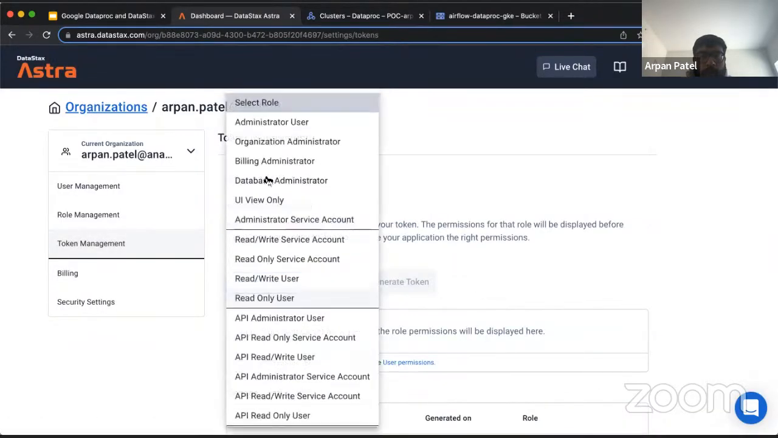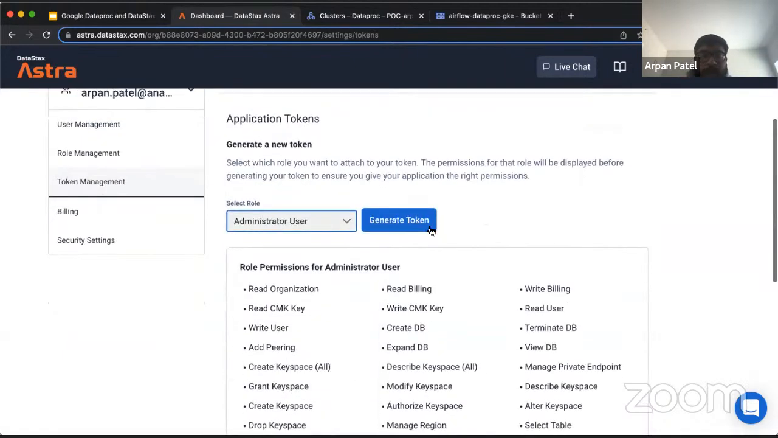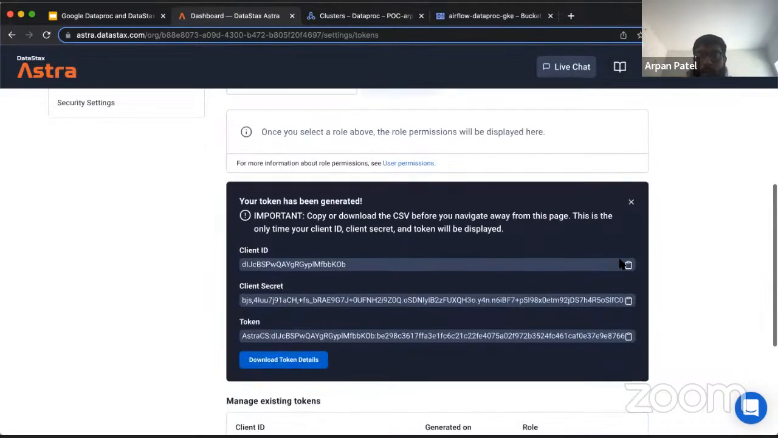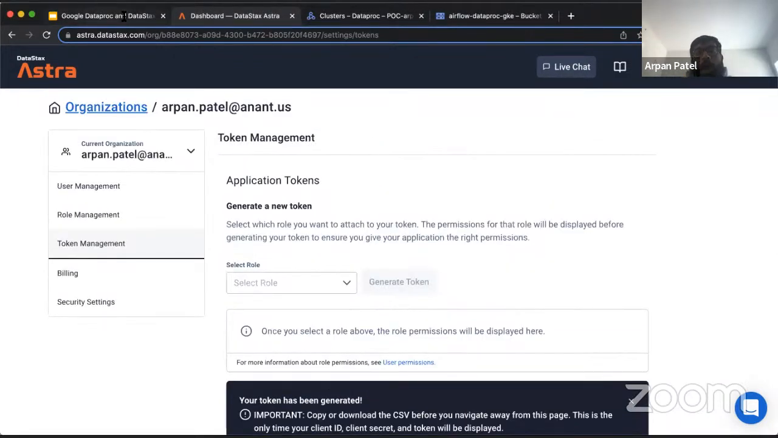And we are going to just do admin, just to make it easy, generate the token. And so what I'm going to do here is copy these into one of my notepads real quick that I have up on a different screen. Obviously, you can download the CSV format of this, but I'm just going to store this token as soon as this is done. So now that this is done, let's take a look at the